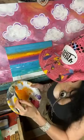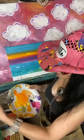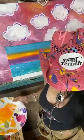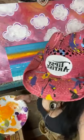All right, starting to get there. The other thing I want to do is go ahead and do a pre-mix on a brown off to the side here. All righty, so now,